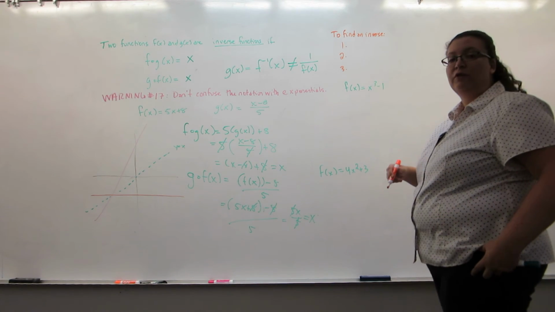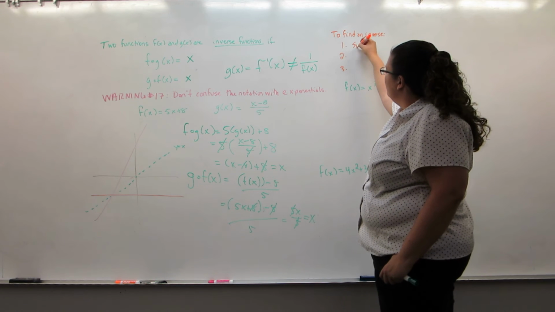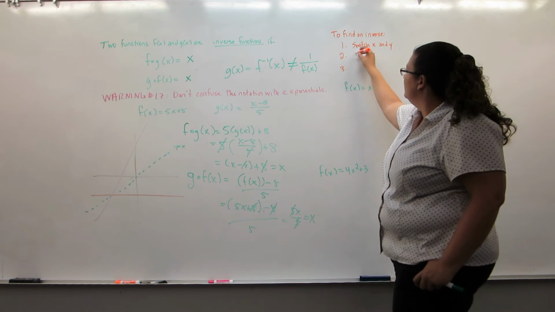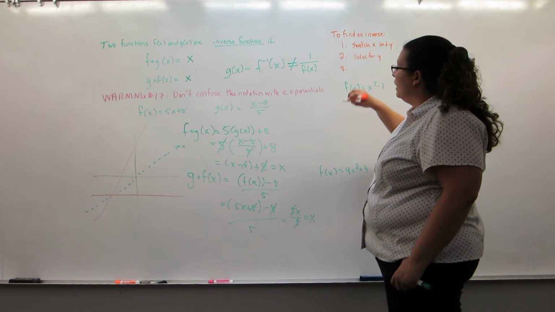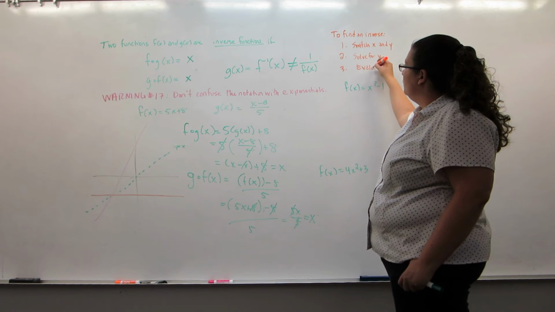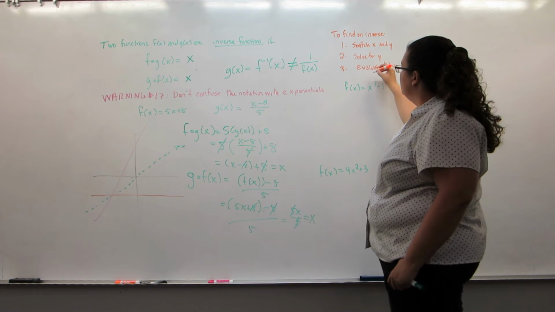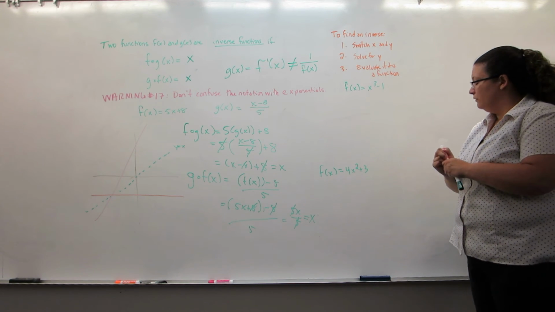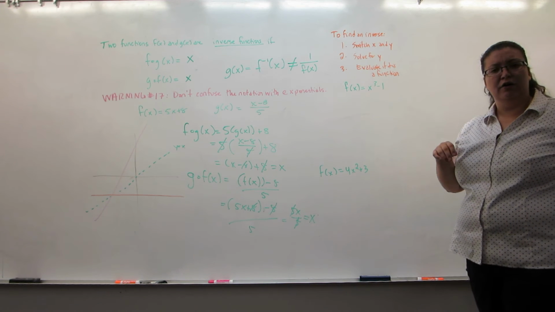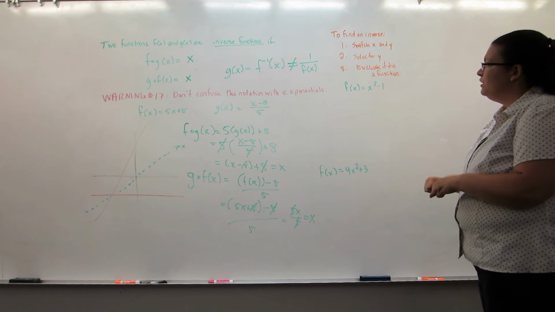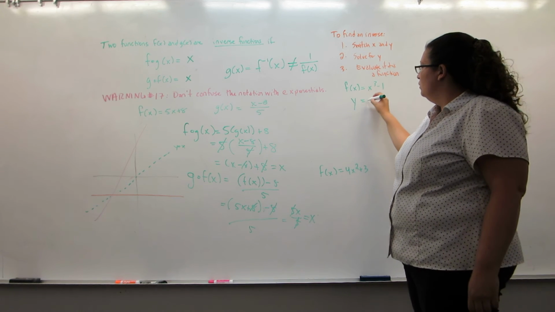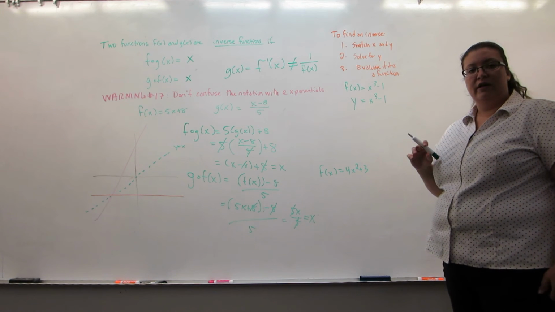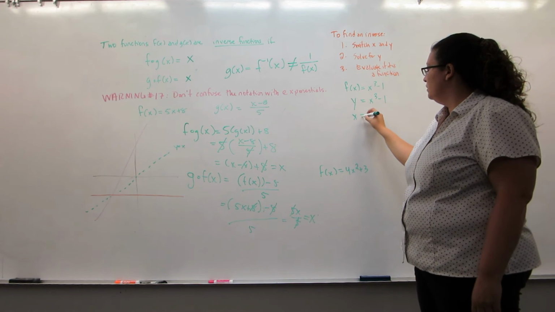So, to find an inverse, there are 3 easy steps. The first is to switch x and y. The second is to solve for y. And the third is to evaluate if it is a function. So, we're going to do this on 2 different examples. Okay. Notice there is no y here, but I said switch x and y. That's because when you're doing the procedure to find an inverse, we would rather write y instead of f of x. So now that I have y in, I'm going to do my first step, which is to switch x